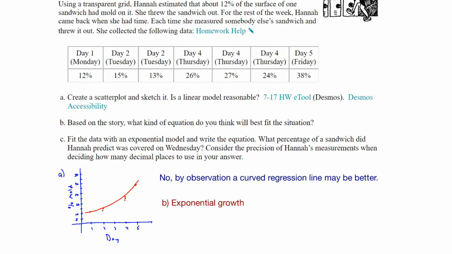What % of a sandwich did Hannah predict was covered on Wednesday? And consider the precision of Hannah's measurements when deciding how many decimal places to use in your answer. So once again, using the graphing calculator, we can do the exponential model. And if you do that, you will get an equation of M, which represents the percent of mold, is equal to